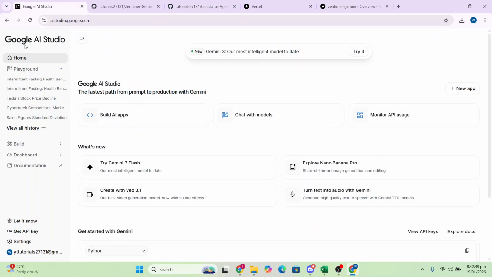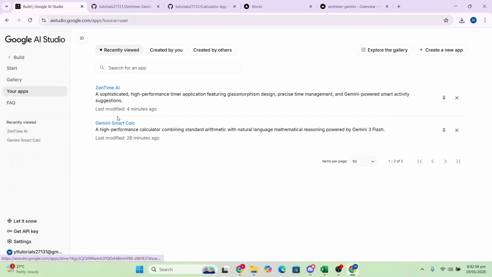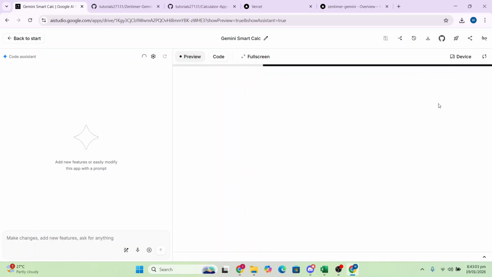And then what you do is you go to Google AI Studio, you just come here and you go ahead and look for your app. So if I come here to build, I come here to your apps. As you can see, I have my different apps here as well. So I'll come here, click on this, and what you want to do is just come to the top right